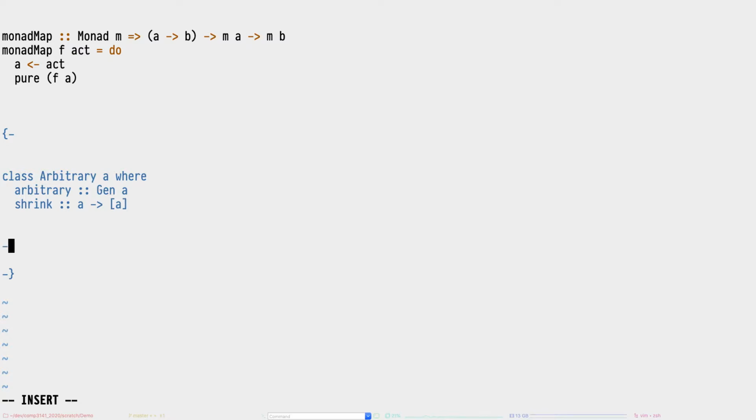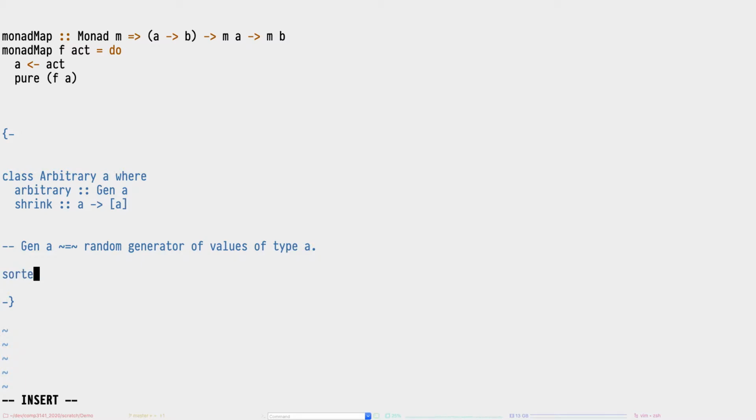So gen of a is equivalent to a random generator of values of type A. So it will just produce values of type A. So the useful thing about fmap here is that I can run functions on the results that I generate, right? So for example, an easy way, and this is in fact the way we do sorted list generators, is if